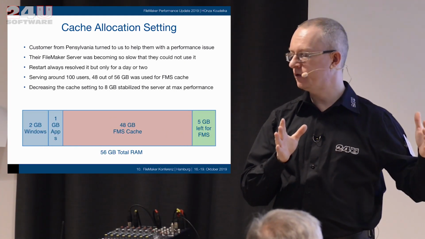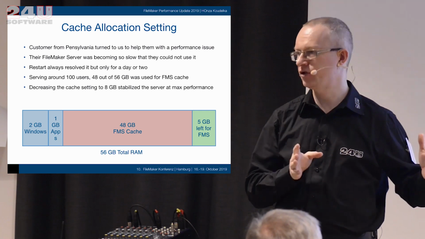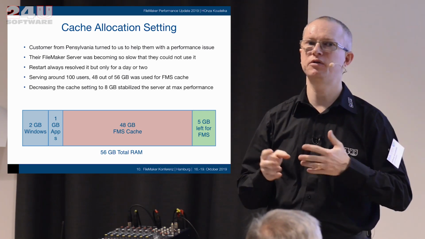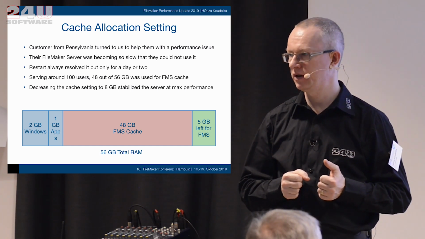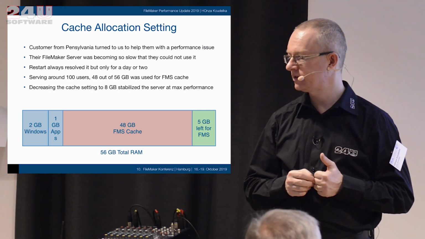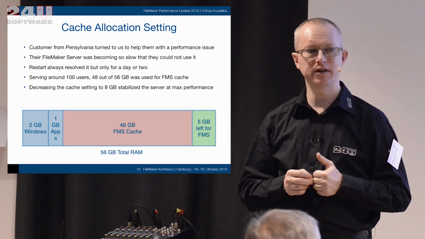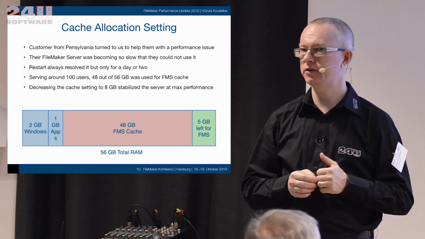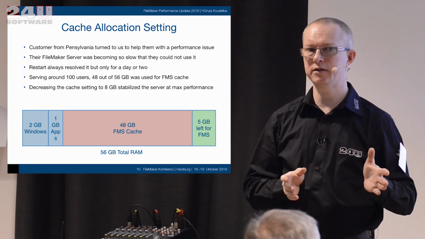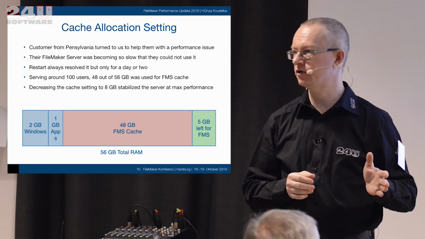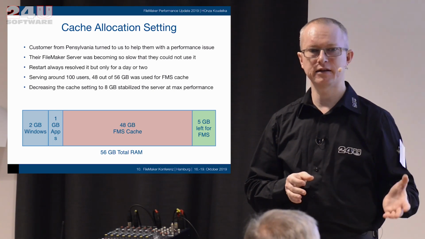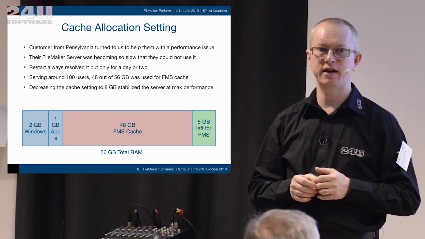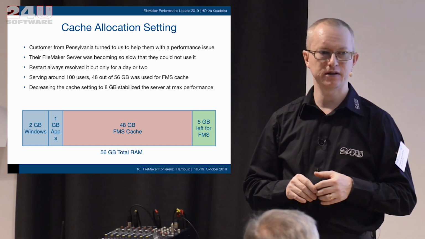by allocating 48 gigs of RAM for cache, they only left about 5 gigabytes for FileMaker Server to take care of the client connections. And if they have 100 clients, that's only about 50 megabytes per client. That's not much. And their database, if I recall correctly, was about 40 gigabytes large. So handling 100 clients with 50 megabytes for each client, I was not surprised that it was getting so